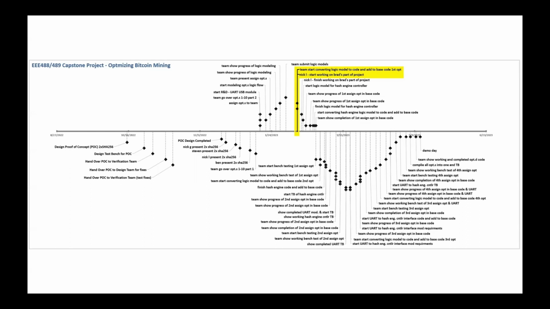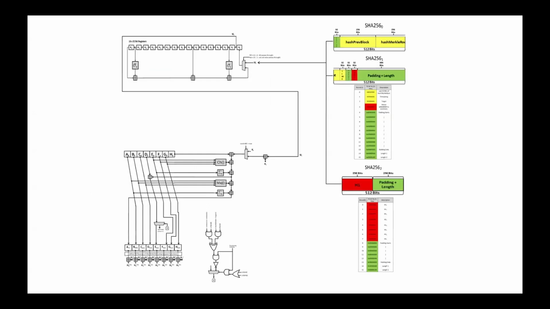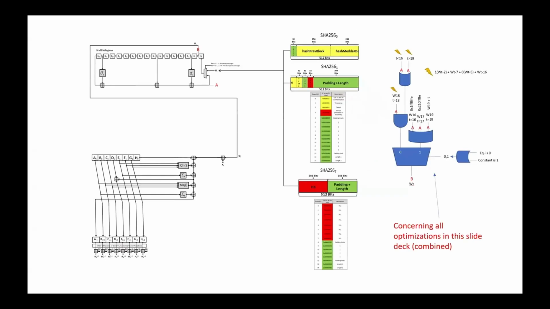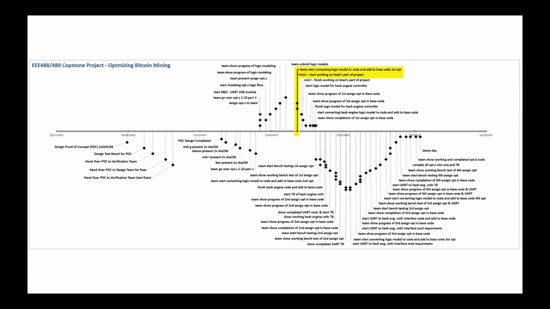Looking at our updated milestone timeline, we are here, highlighted in yellow. We still have quite a ways to go, but some of our bigger milestones and future work plans include starting to convert our logic flow diagrams, code models if you will, into code and adding the optimized code chunks into our base code that we finished developing during winter break. We have 3 to 4 iterations of this, along with testing and verifying each iteration of the code still outputs the correct hash value. Lastly, after all optimizations have been tested and verified, and after all optimizations have been compiled into our new base code, we will run a performance test to see how our hash rate and power consumption